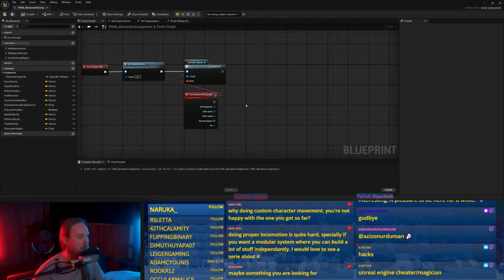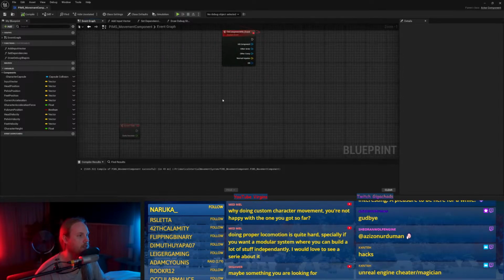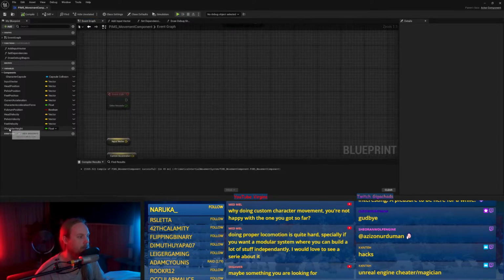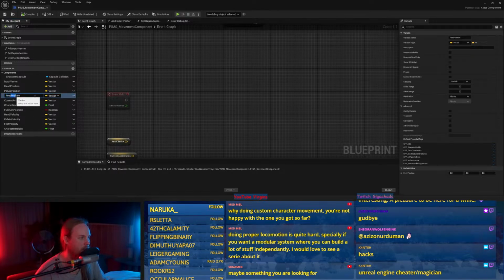Okay, so in essence, we have the character height, we have the feet location. I should call it location, not position.